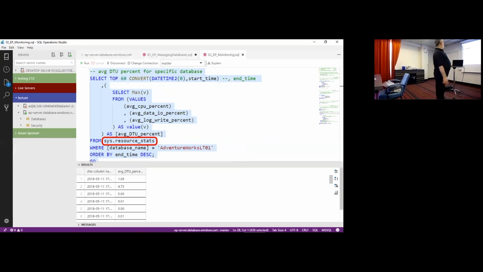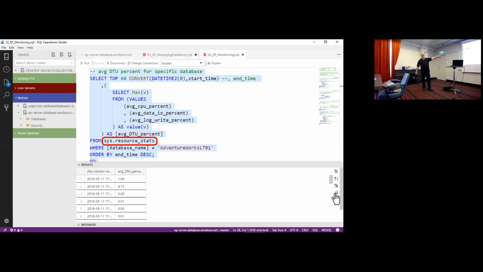First of all, using the resource stats, the name says everything. We can get statistics about our databases. In this specific query, I take only the web, you can see that I filter to get only the information about one database. And now we want to see something new, because you said that you are not familiar with this tool. So check this.